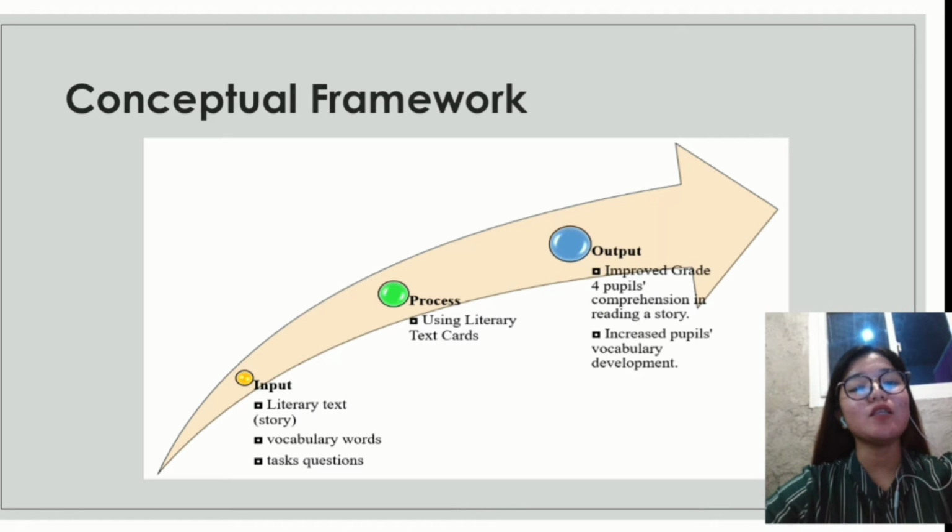In process, we put the intervention that we will be going to use to achieve the output, which is by using literary text cards. And lastly, in output, we indicated the expected outcomes of our study, and those are to improve grade 4 pupils' comprehension in reading a story and increase pupils' vocabulary development.